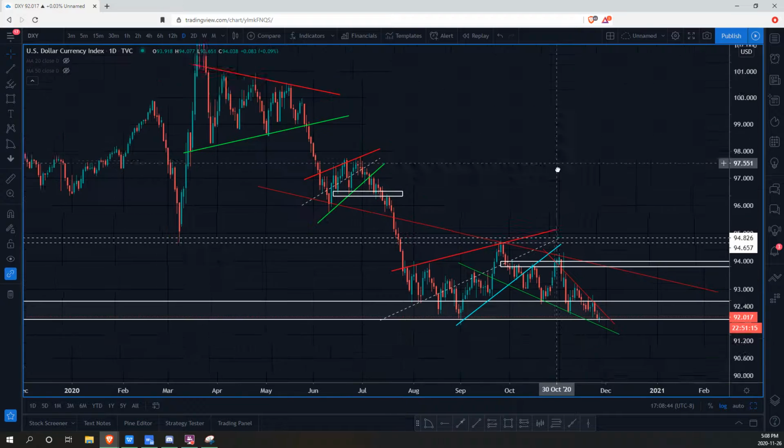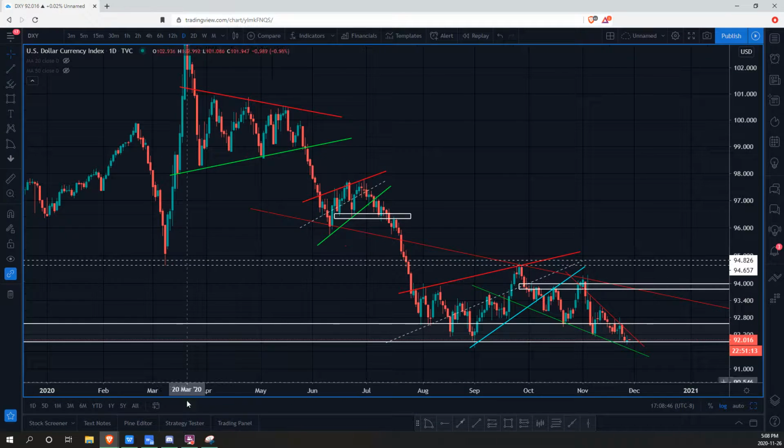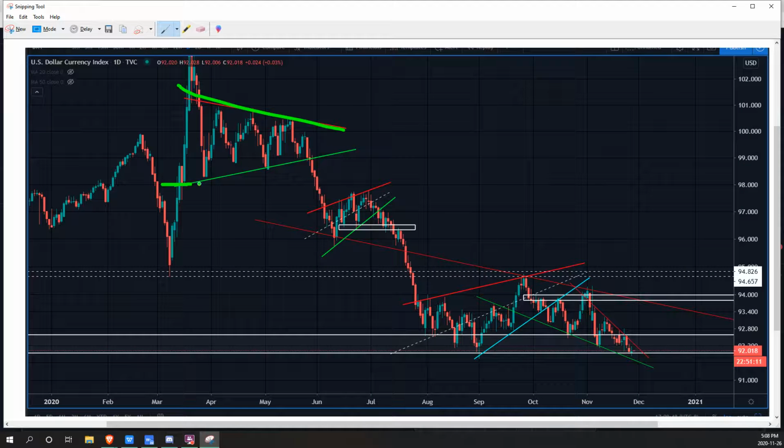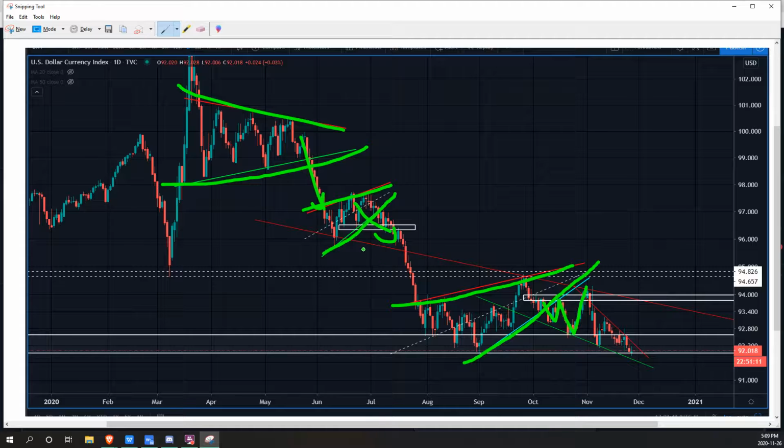So let's take a picture of it. Let's just make it a little bit right there. So we saw these structures. This was that symmetrical triangle I was talking about, breakdown to the downside, continuation pattern with an ascending wedge, another breakdown, and then we saw another wedge right here that broke down, retested once, and then came back, and then